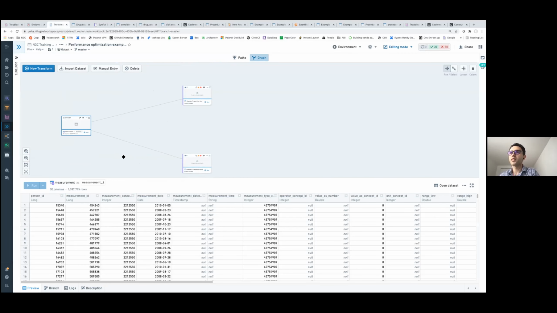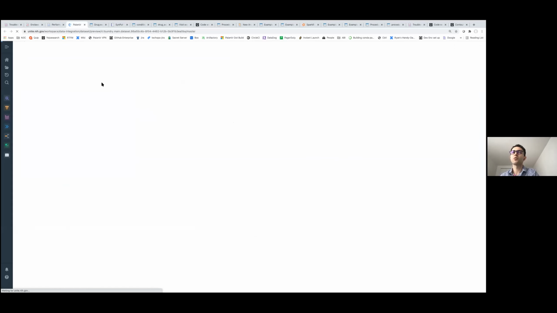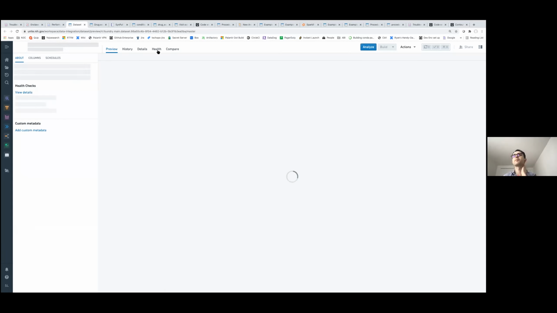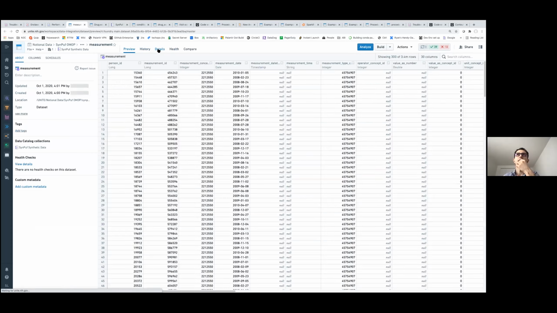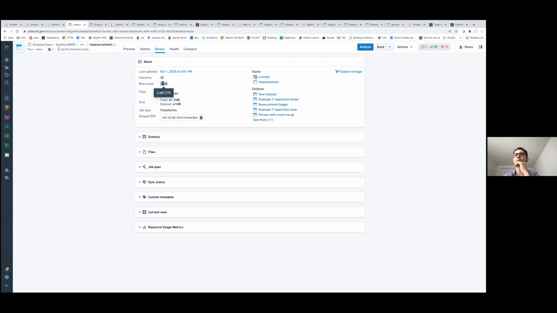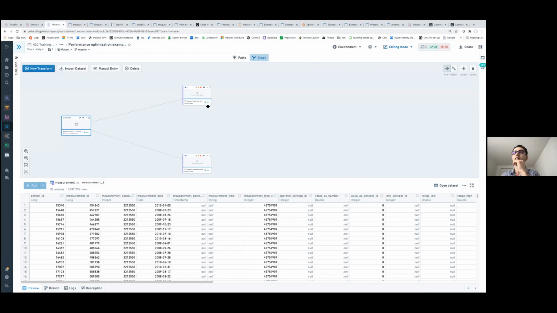So we're starting with a measurement table, and let's check quickly the number of partitions and the size. If we look at the details, 3.4 million rows, about 200 partitions, but the total size is 61 megabytes. Now remember, ideally we want to aim for one partition equals roughly 128 megabytes. So you can see that we can actually put the whole data set into one partition. It won't necessarily hurt the performance. You might actually make it better if you're doing some advanced computation.